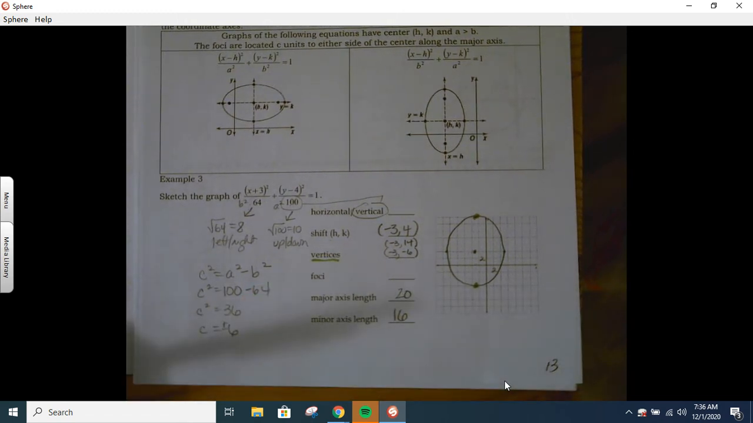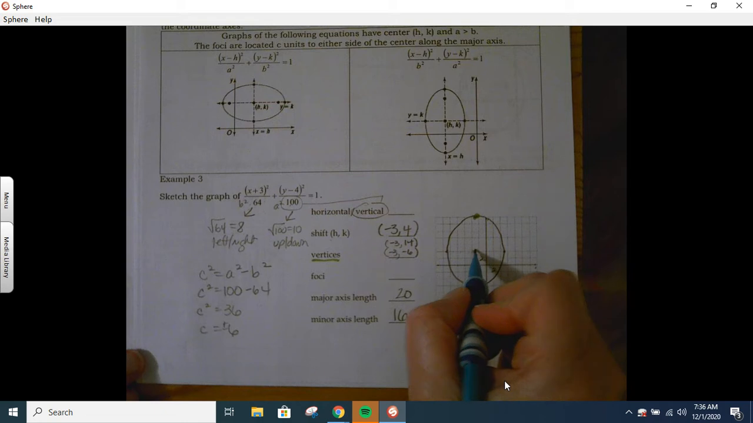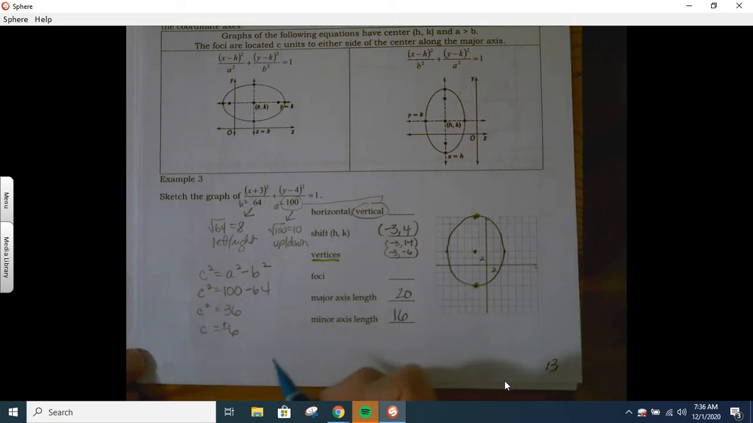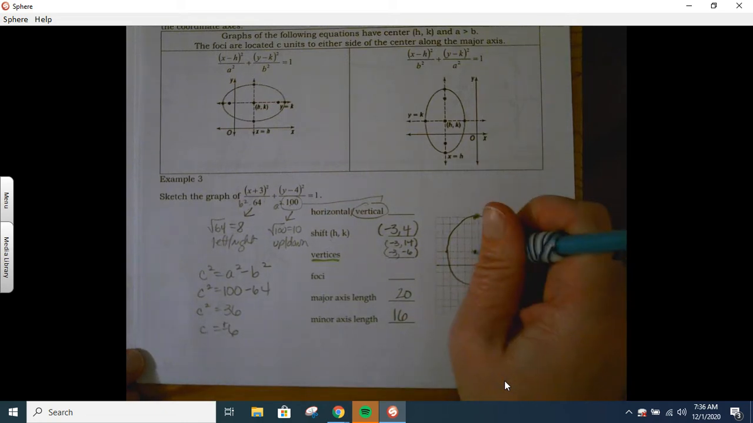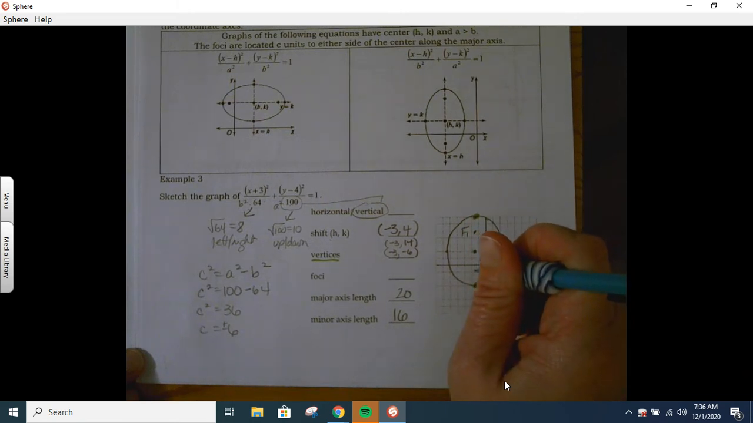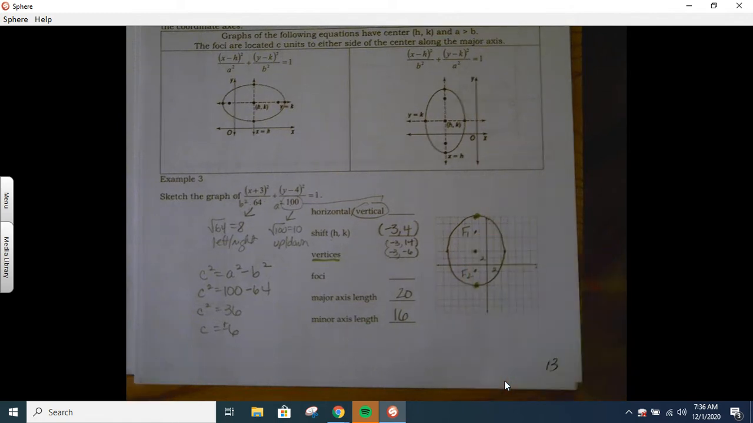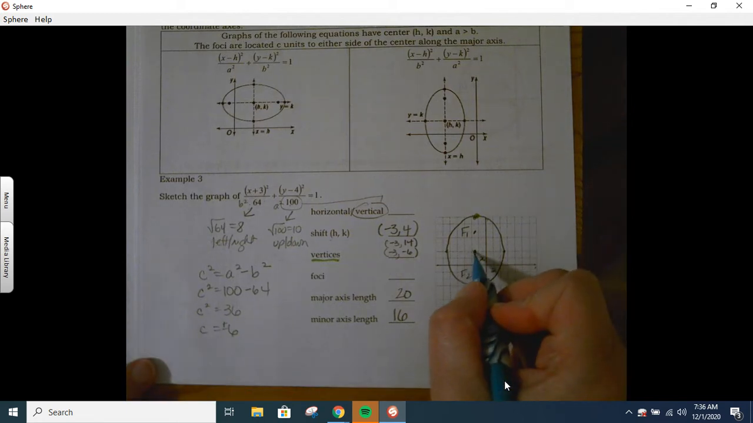So that means that from the center, I'm going to go, in this case, up and down. Okay, it's always along the major axis. So I'm going to go up 2, 4, 6 here. There's one focus. And then I'm going to go down 2, 4, 6 here. There's my other focus. So then my coordinates, it's that from the center, from this negative 3, 4, I went